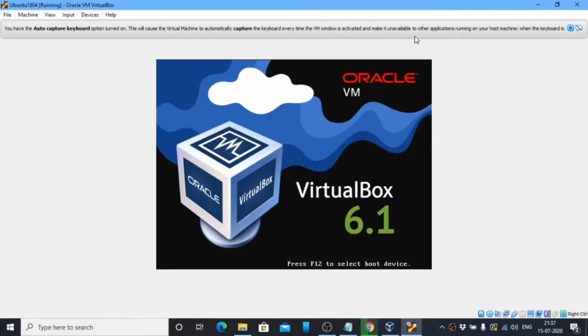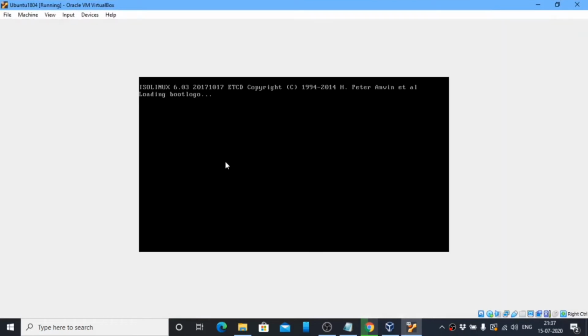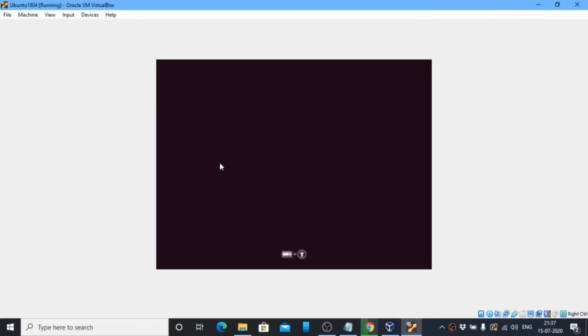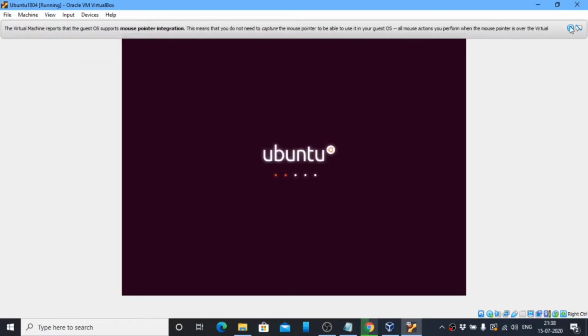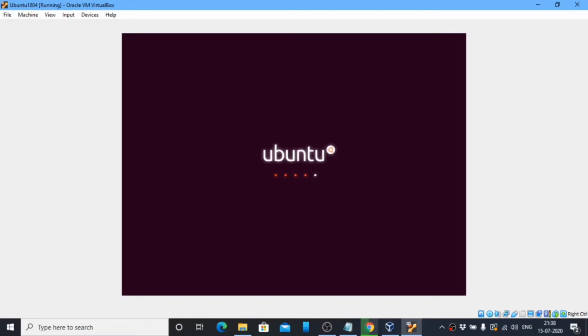Once you start, it will be booting. Depending on your speed, your processing power and other processing and memory requirements, the operating system may be slow. So please have patience only for the first time during installation. Afterwards you can easily boot it within 10 or 15 seconds. Now, since we are installing for the first time, it will take around 20 minutes. So what I do is I'll pause the video once the copying of files is progressing.